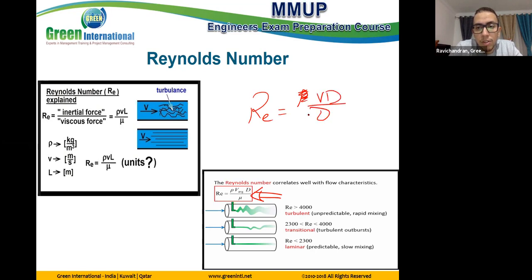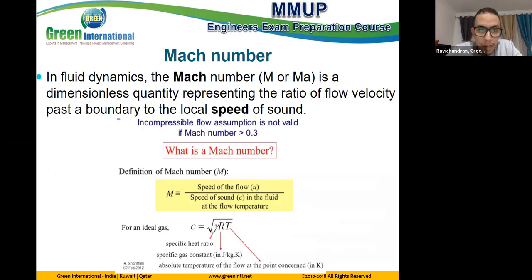Vd over mu. This is the famous one. Okay, not this one, this is the Reynolds number. The other number is the Mach number. Mach number is also a dimensionless quantity, a ratio of the flow velocity past the boundary to the local